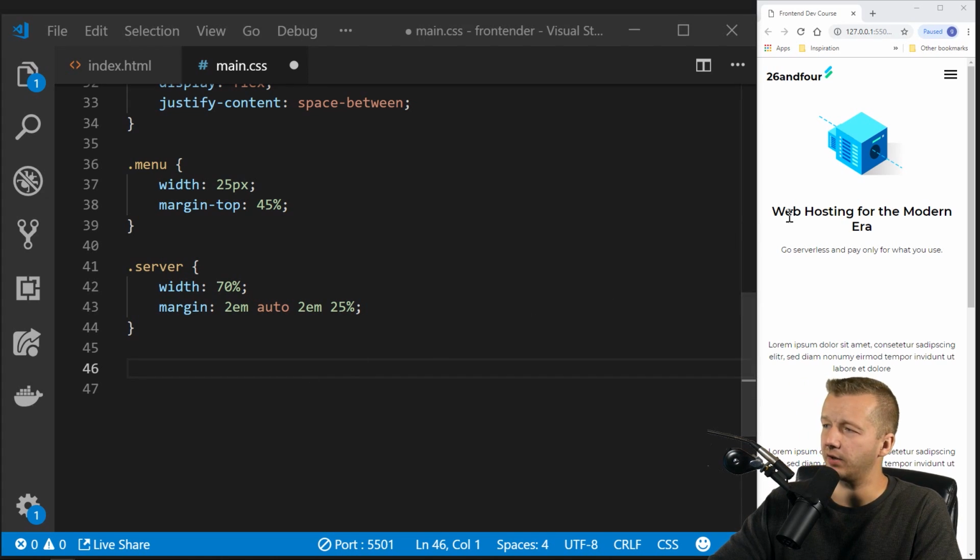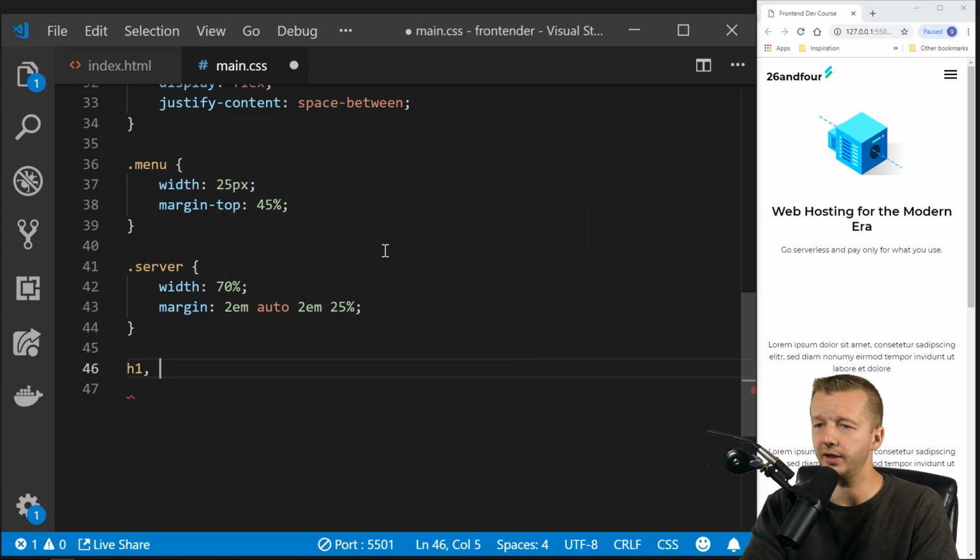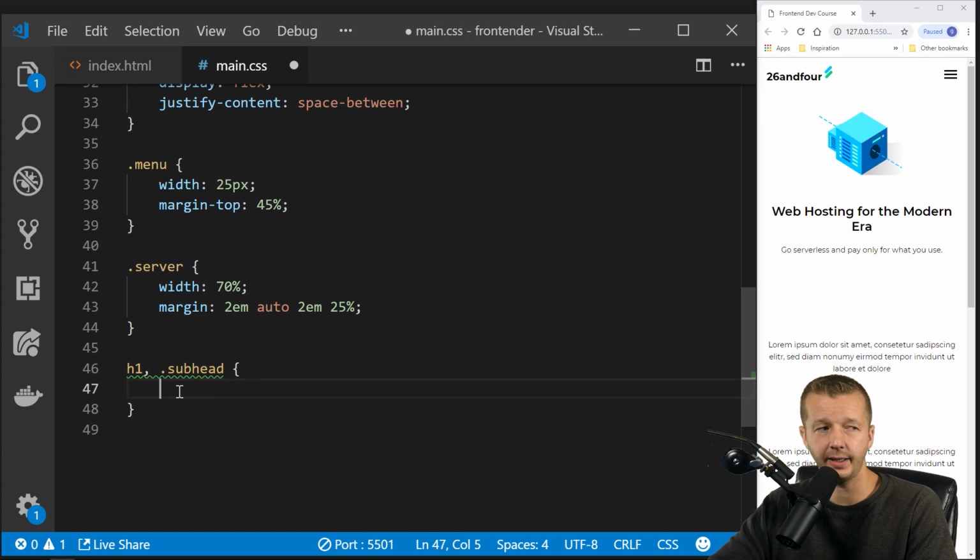Actually, I'm not going to add a style to this just yet. What I'm going to do is put in H1 and then subhead. So these are both part of the same rule set. And I'm going to put in some